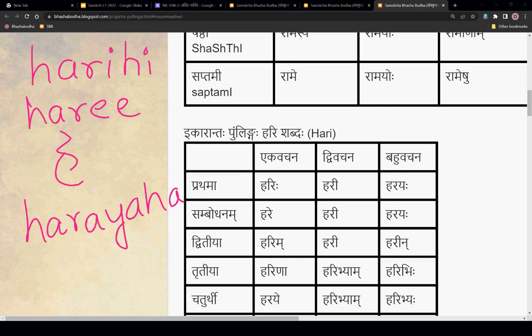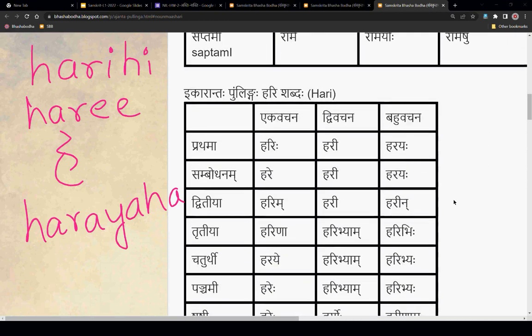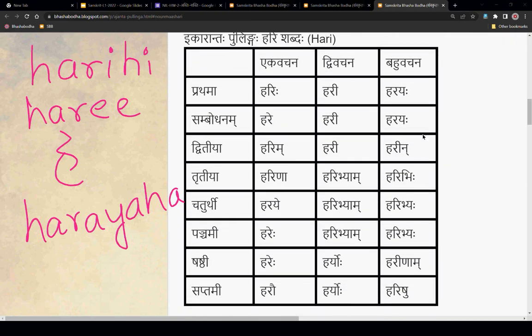So patihi also has the same kind of suffix ending. Same, but some other forms are different in pati, so we are not taking that right now. Just Hari, Kavi. For pronunciation practice, why not somebody just read the whole table here? Can somebody read the whole table here? That's it. Pronunciation.